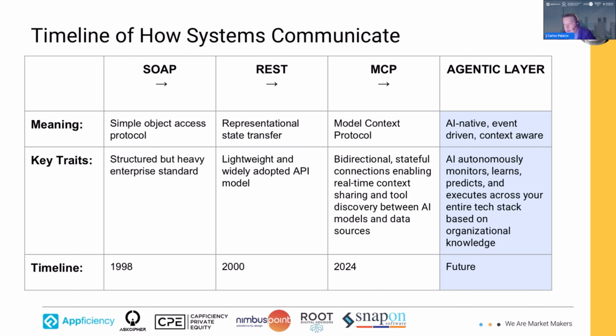It's how an AI autonomously monitors, learns, predicts, and executes across the entire tech stack of an organization based on the knowledge it has already acquired. And that is a key vision that we are bringing to life, breaking the old models of how things need to be communicated. And that is what Ask Cipher is bringing.